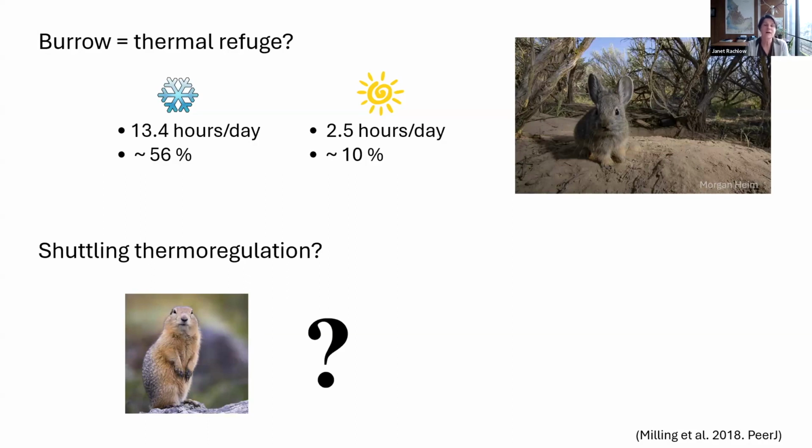But another is that leporids, rabbits and hares, lack some of the brain structure, the structure of the blood vessels around the brain that facilitate brain cooling. So in order to be able to take advantage of shuttling thermal regulation, animals need to be able to build up body heat, maintain that body heat, and then go underground or to another refuge and shed that. And we're not sure that rabbits can, so we don't know. Rabbits in general tend to be pretty vulnerable to warm temperatures, surprisingly more so than cold temperatures.